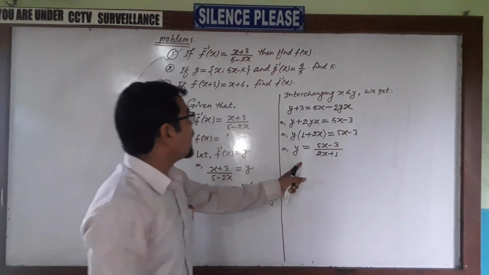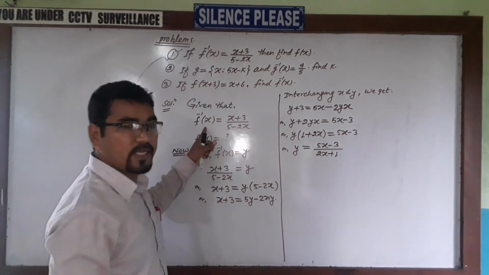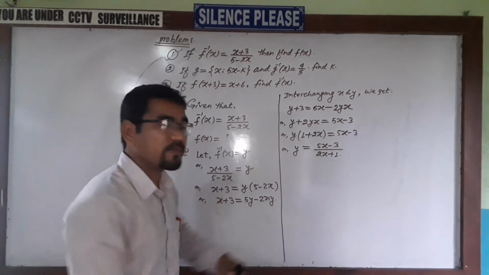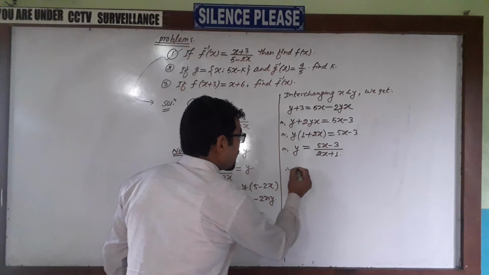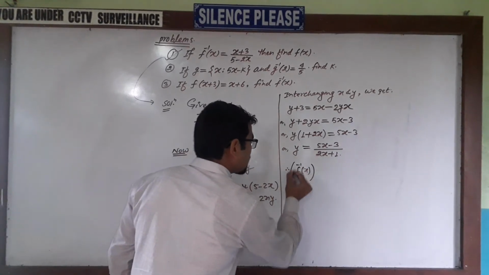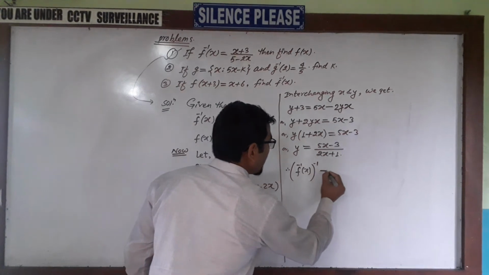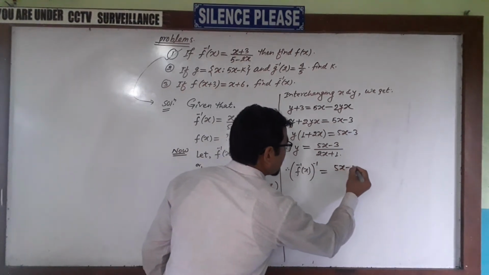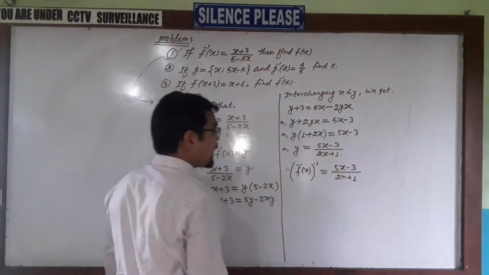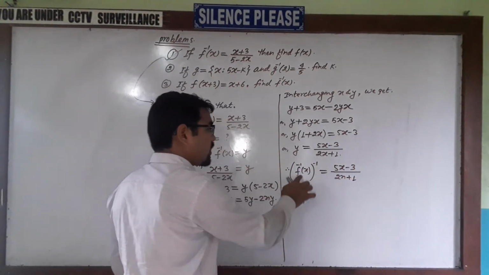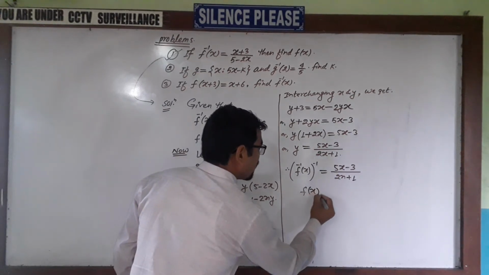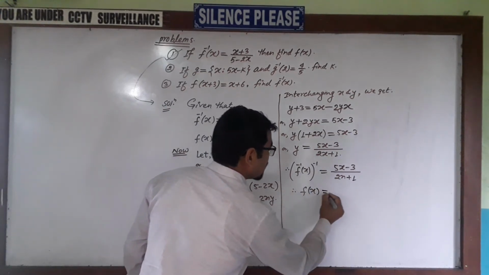So this is the inverse function already given here. Again inverse we are finding. So inverse of inverse function came here. That is we can write therefore f inverse x whole inverse, inverse of inverse function we are getting 5x minus 3 divided by 2x plus 1. And already I said inverse of inverse function if we find, then it becomes equal to f of x original function, f of x equal to the same question.